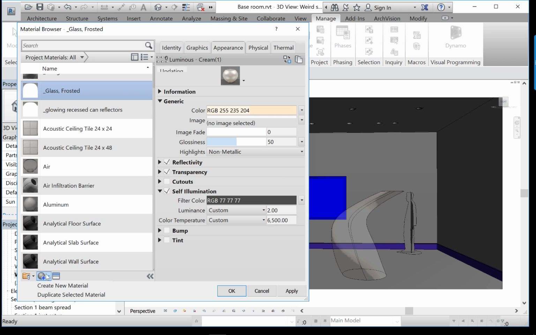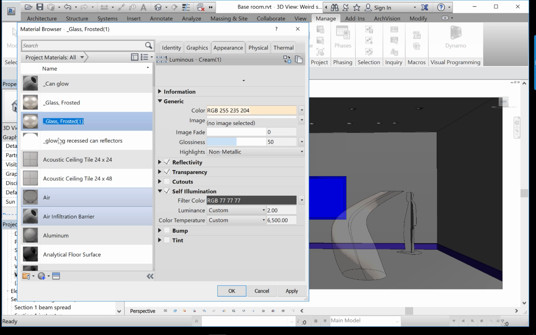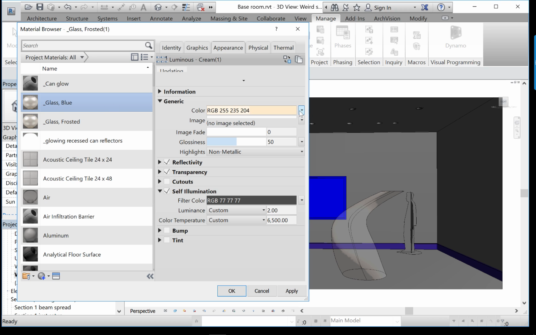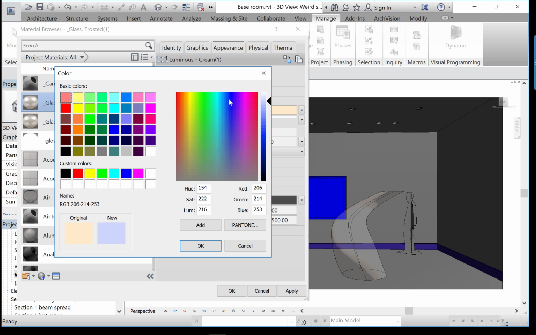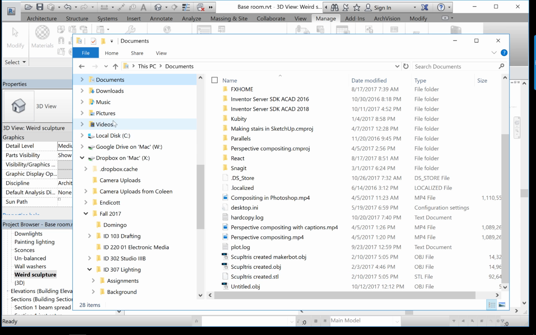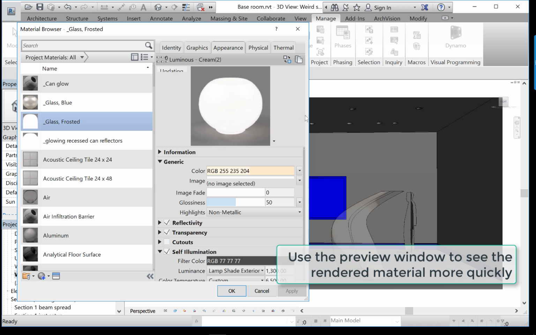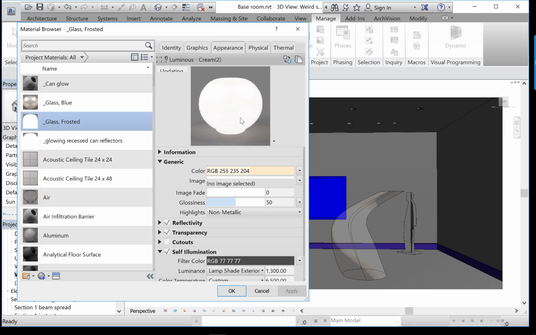So if I created a new material from this one and I made it blue, for example, come back. I could now change the color to be, you guessed it, blue. Okay, apply. So you can see here that I'm getting a nice white kind of cream-colored frosting here,